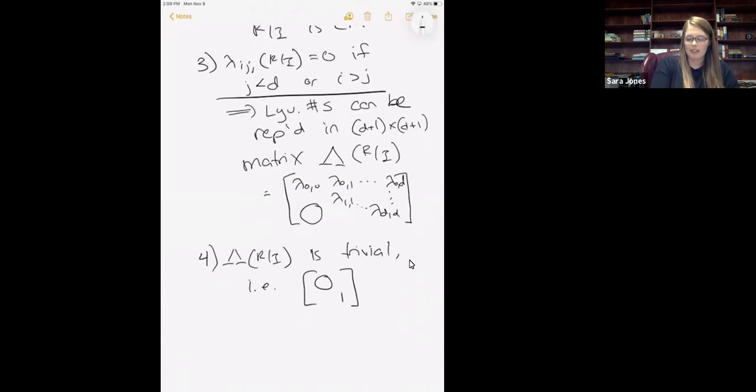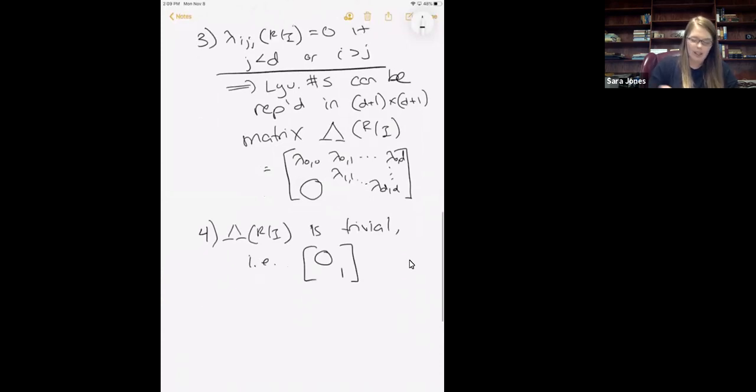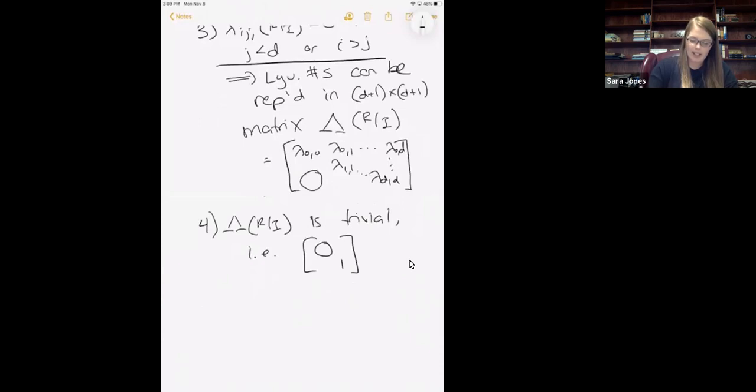When you have a trivial Lyubeznik table, we've already seen that that can never be 0. So that one is 1. And that's trivial in the case that I is a Cohen-Macaulay square-free monomial